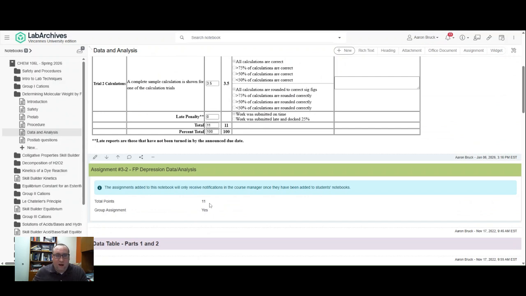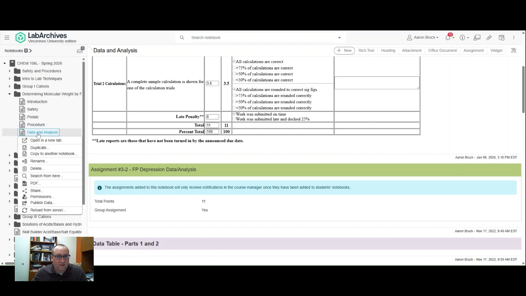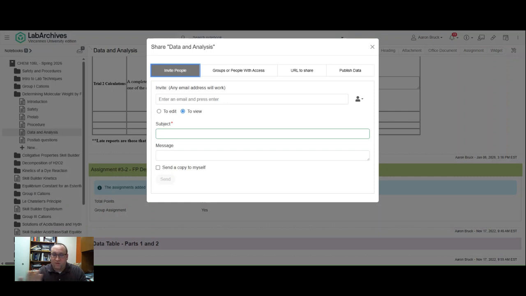And then finally, to share all the data with each other. Easiest way to do that is if you go to the page itself here in the Lab Archives bookmarks. If you right click on that data and analysis, it'll give you the option to share the entire page. So once you've done everything for this particular page and you're ready to submit, you can do this sharing piece, put in the email addresses of the people that you worked with,